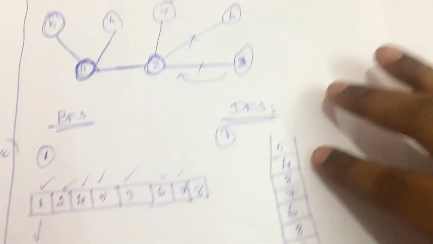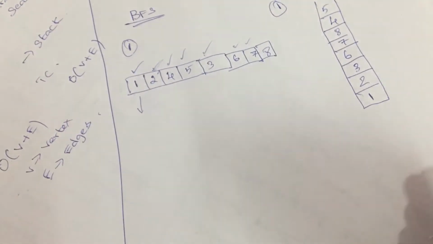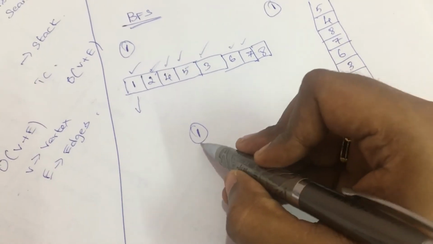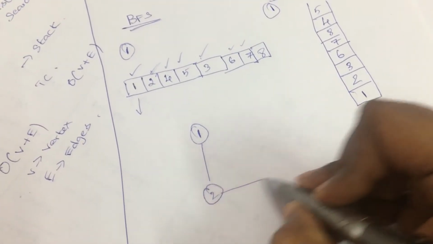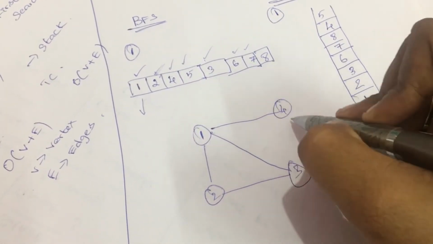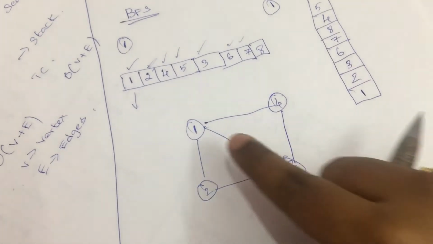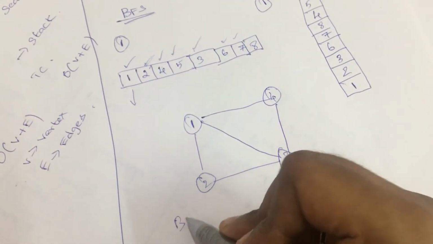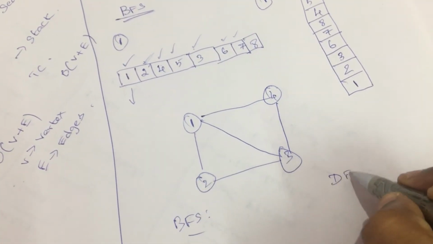Now let's also see how we have implemented both BFS and DFS. So now assume that I'll explain with one more example for this. Now let's assume I have a graph like this. So let's assume in this way. So I have numbers 1, 2, 3 and 4. So we have 4 vertices. So let me write the BFS as well as DFS values over here.